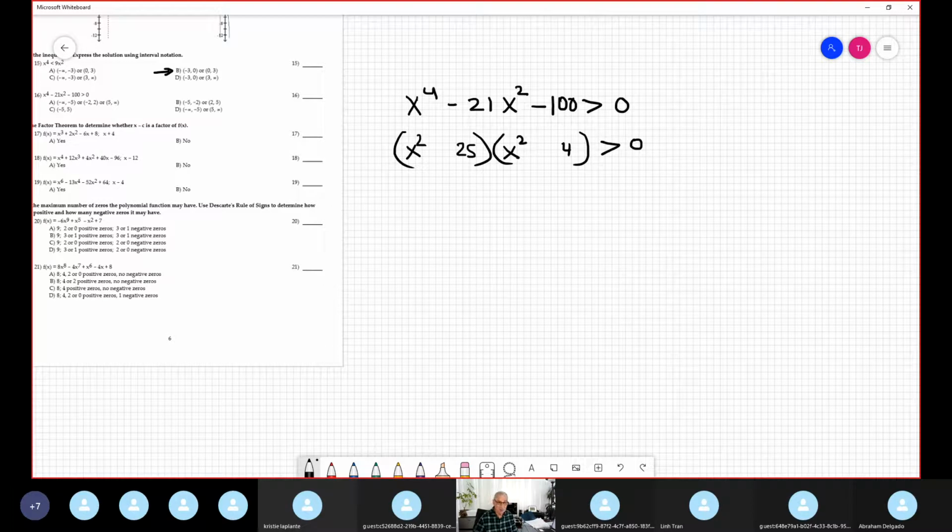And the sign is negative 25 and positive 4. Now remember, I need to factor completely. Therefore, I can see here a difference of squares, and the factorization is